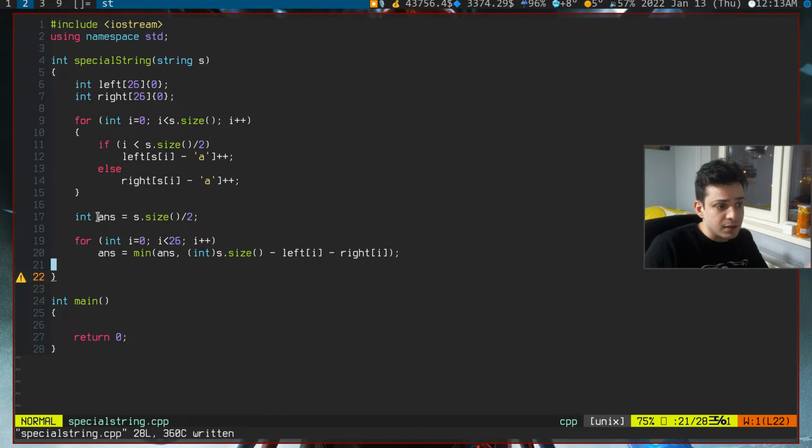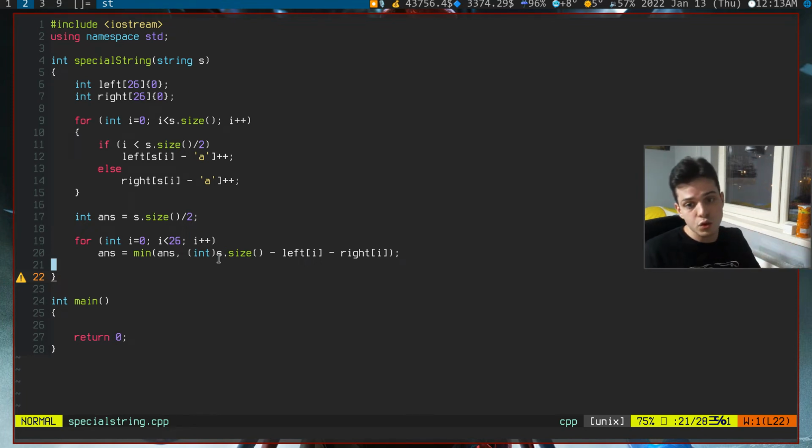We said our answer is equal to this, and in each iteration we set our answer to the minimum of answer or s.size minus left and right. If they are both equal, this will be the minimum value, and if you subtract it from s.size, not s.size divided by 2, we are going to get the minimum possible answer for equals. So subtract the left half, subtract the right half, and both subtracted from the size of our string. So this is the equal condition.